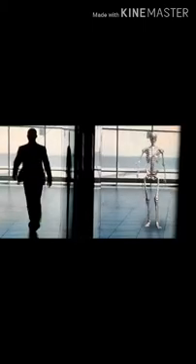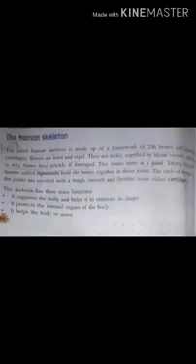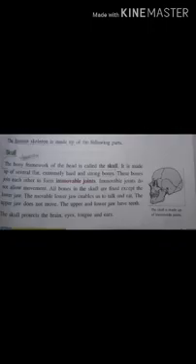Function of the skeleton. It supports the body and helps it to maintain its shape. It also helps in movement of various parts of the body. The skeleton protects the internal organs of the body. The brain is protected by the skull, the heart and lungs by the ribs. The human skeleton is made up of the following parts.